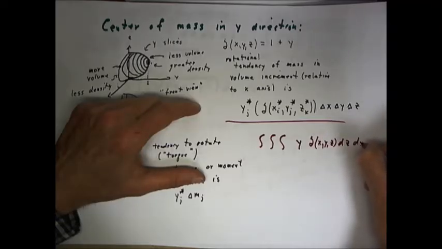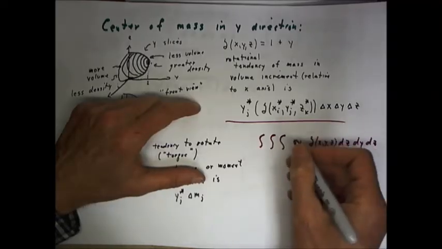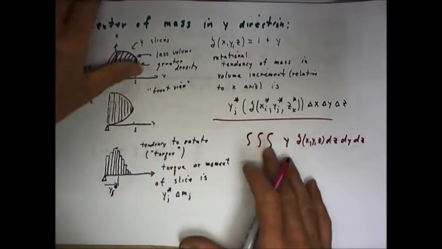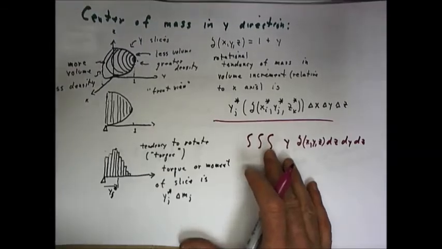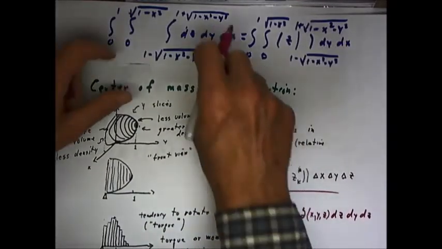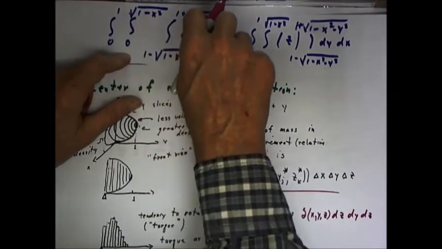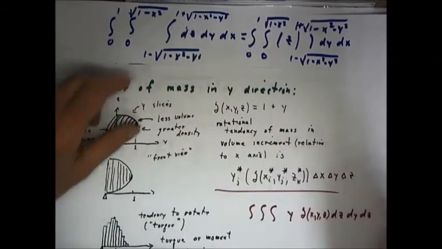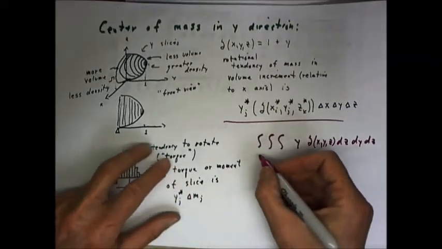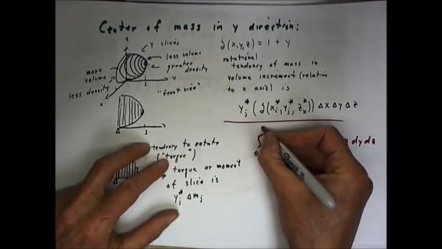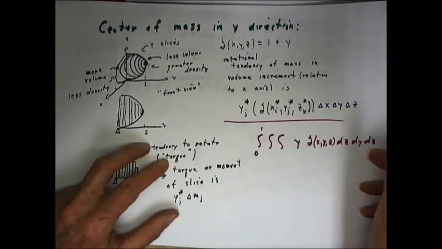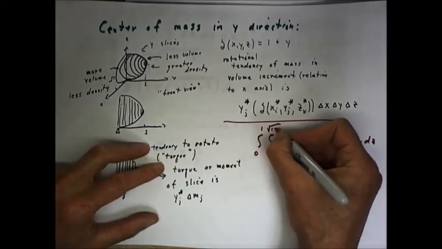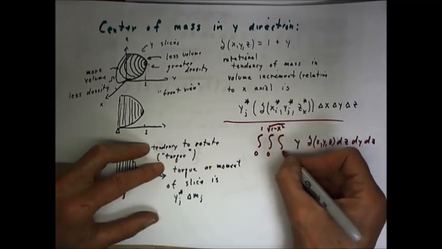We'll go in the same order as before, dz, dy, dx, where we're integrating over the same region that we integrated over originally. So that region we should be familiar with goes from 0 to 1 with respect to x, from 0 to the square root of 1 minus x squared with respect to y,